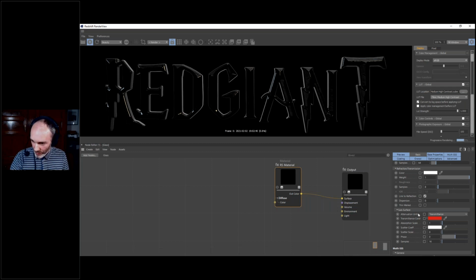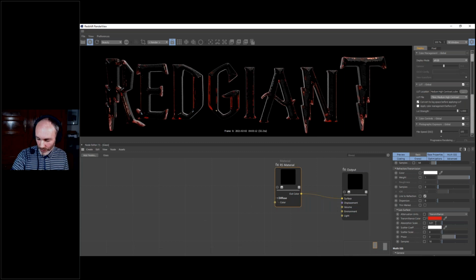And we just need to lower here the absorption scale. That means the thicker the geometry, the more color is going to stop. So if I decrease the intensity, we can see we have some details going back. Okay, but it doesn't work that much because we still don't see, because we don't have a background. Okay, it's going to change if you have a background.